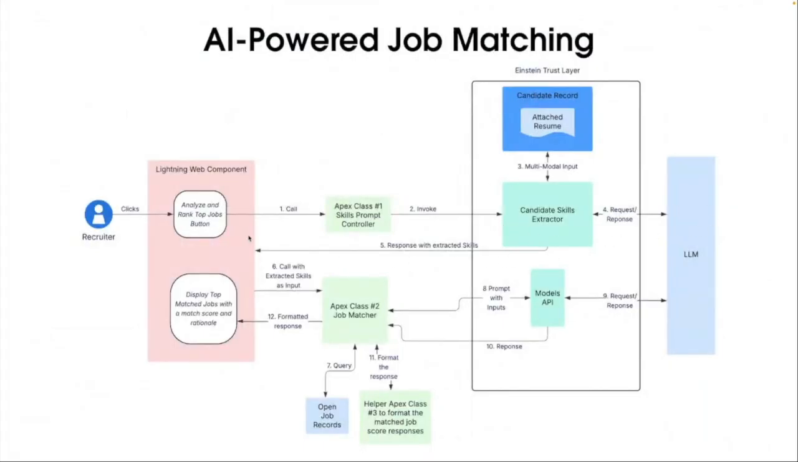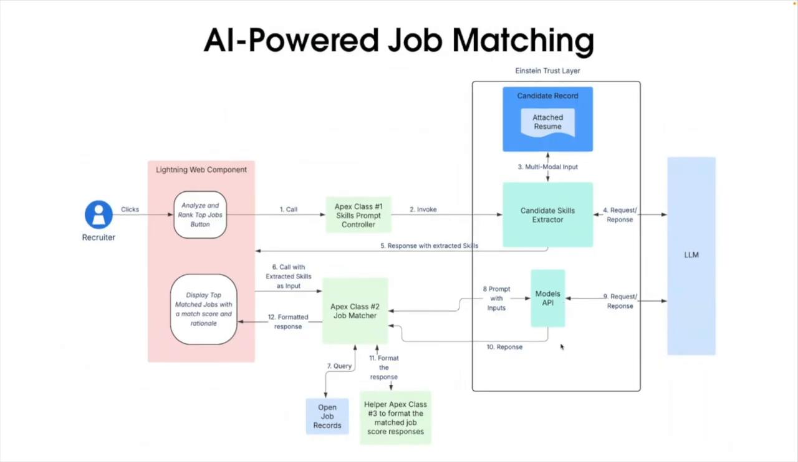These extracted skills are sent back to the Lightning Web component. And now the next step is to match these jobs. So the Lightning Web component then calls another Apex class called the job matcher, which in turn queries all the open job records, prepares a prompt with these inputs that we have, and uses something that we call Models API,